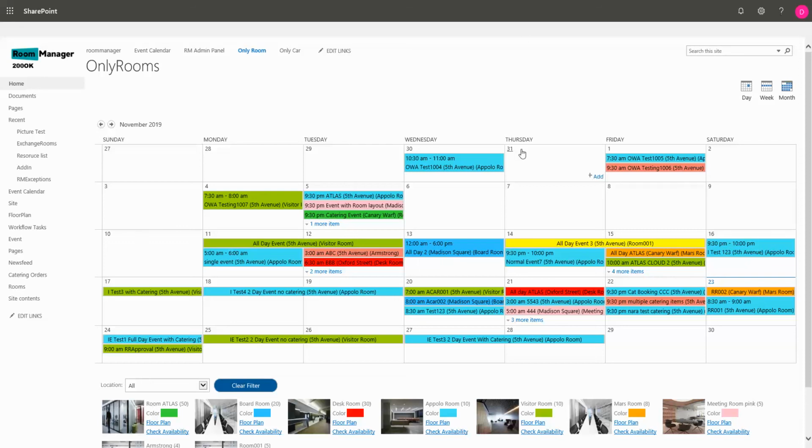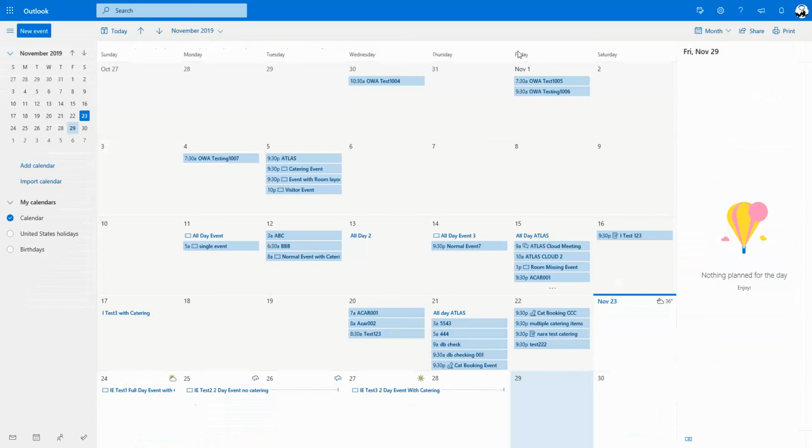In these presentations, we're going to show you the Outlook Web Access plugin for Office 365. Room Manager is a room booking solution for Office 365 and SharePoint Online. And there is an Outlook component, a newly built Office add-in, which lets you schedule your meetings from the Outlook